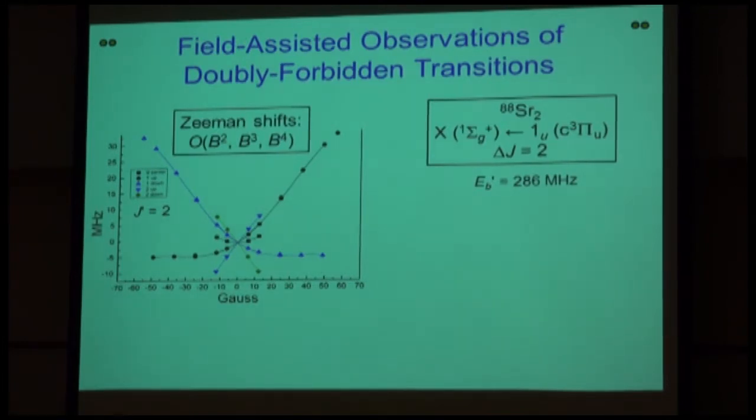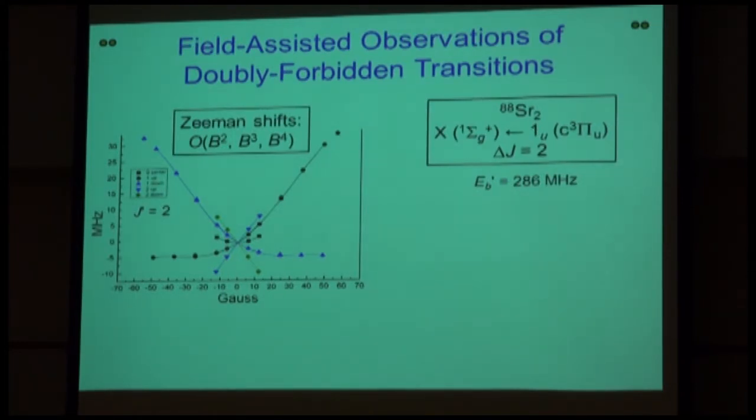But anyway, it turns out we can see them and we can measure their Zeeman shifts. The Zeeman shifts are very weird because for these plus minus 1 components, it's very strong, not only linear and quadratic, but also cubic and quartic. So you can have very asymmetric Zeeman shifts for these levels. It's kind of very strange. But the fact that the Zeeman shifts are so extremely strong